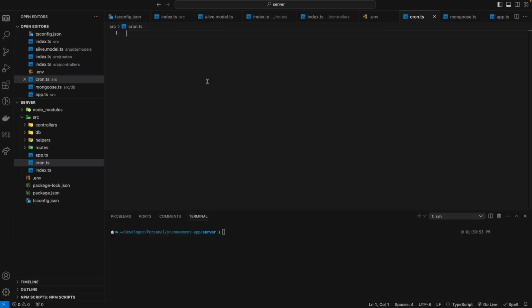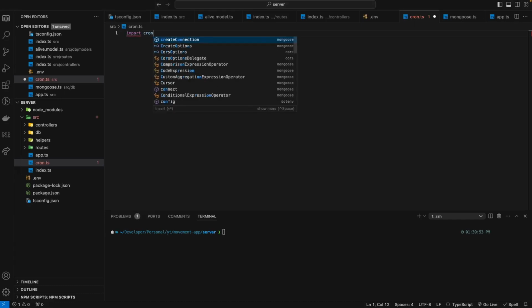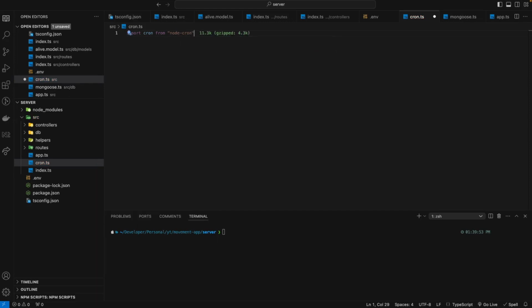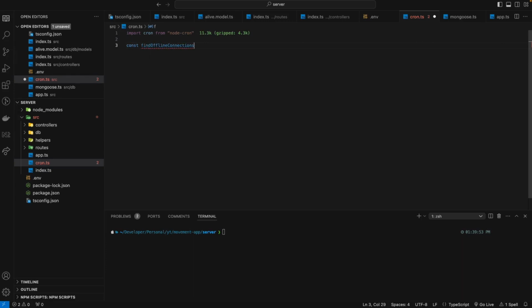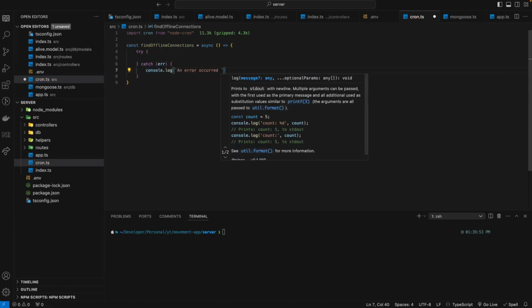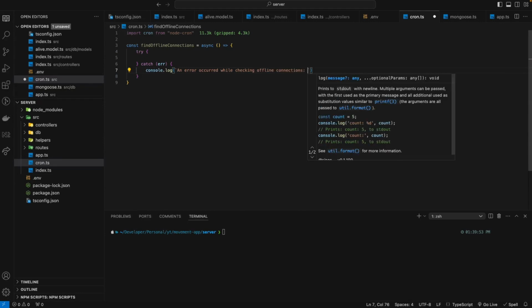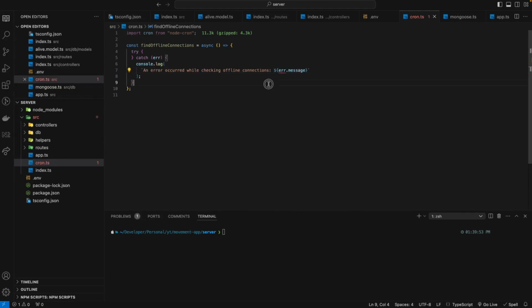Great, let's clear the terminal and import node-cron and create a function called findOfflineConnections and add the basic try catch within the function with error logging. Define this as an any type, and let's run this function on start, as well as schedule this function